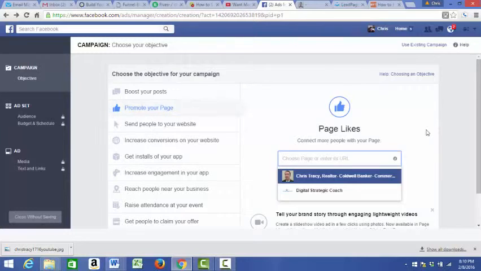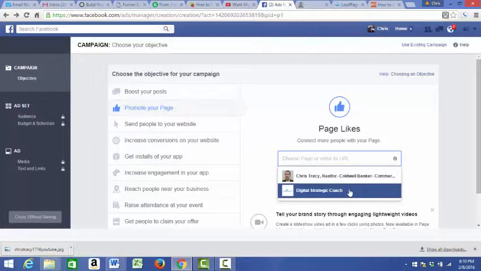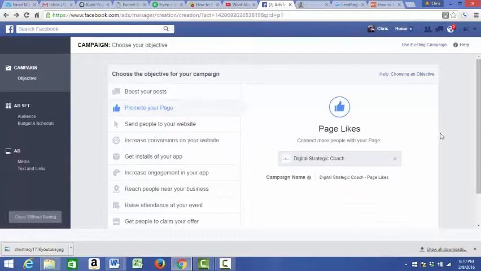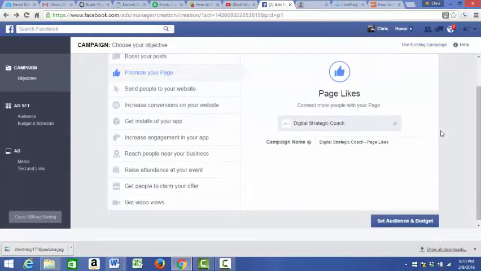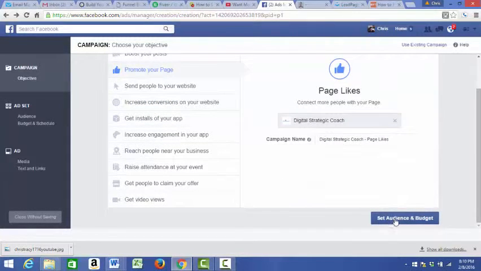And there's my Coldwell Banker Realtor page. But what I just did was I promoted this. So you have to have a page. If you don't have one, create one, and let me know if you need help doing that. It's a pretty simple thing. If you don't have a page already, you can just find somewhere on YouTube how to create a Facebook page, and I'm sure there's 25 people on there that'll show you how to do it. But once you select your page that you want to promote with likes, we're going to go on to the next thing and